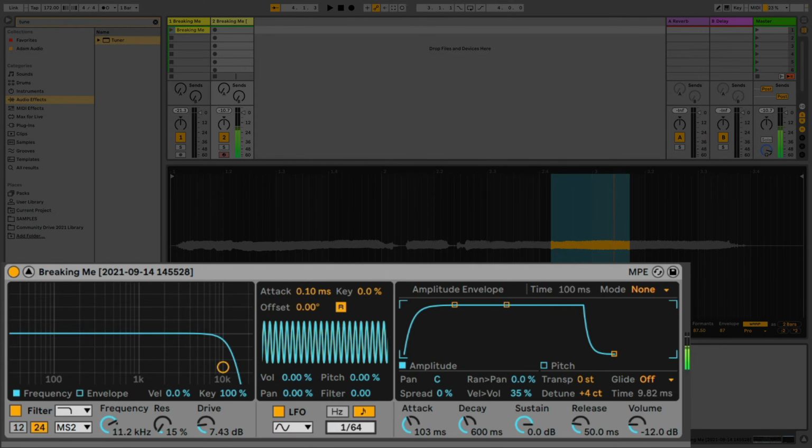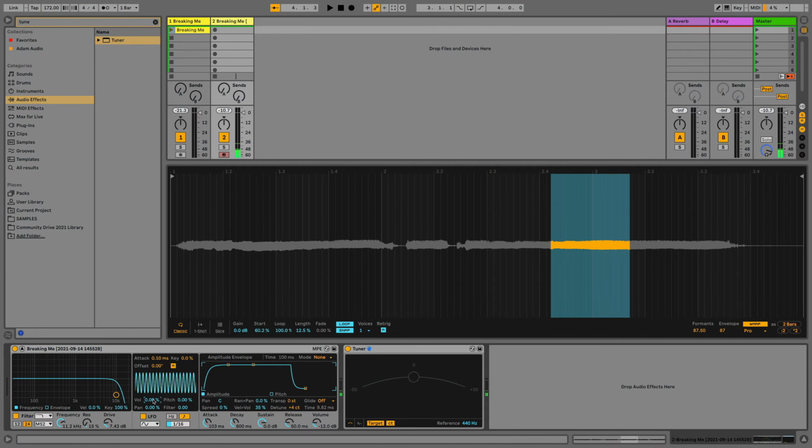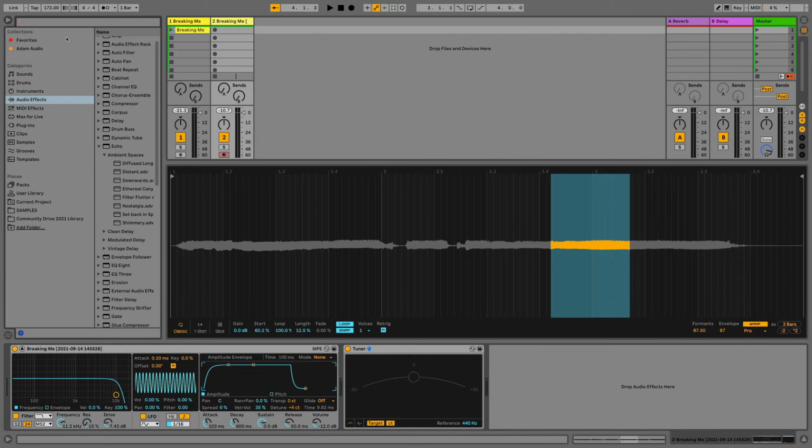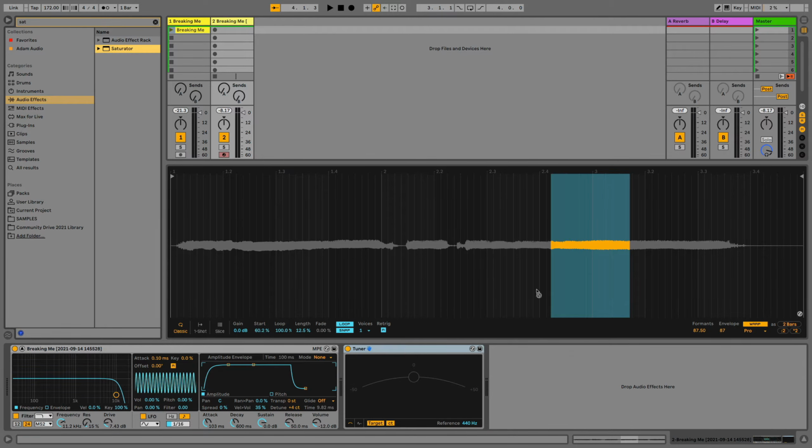We can also add some modulation as well by adding an LFO. So let's set something up just to try it. So we can feed the LFO into the filter. And we can also feed this into the volume. Change the rate. But I'm actually not going to use any of this because I'm going to use a different technique to modulate this sound later. Now let's go ahead and bring in the next device, which is the Saturator